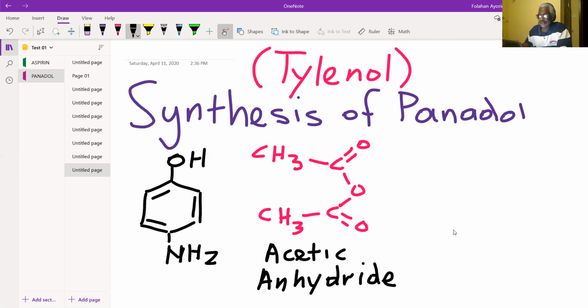So encourage the student to write down notes just as though they are in the classroom, and of course to also ask you questions. And then you should also be asking the students questions regularly. Okay, so the p-aminophenol will react with acetic anhydride to give our final product,